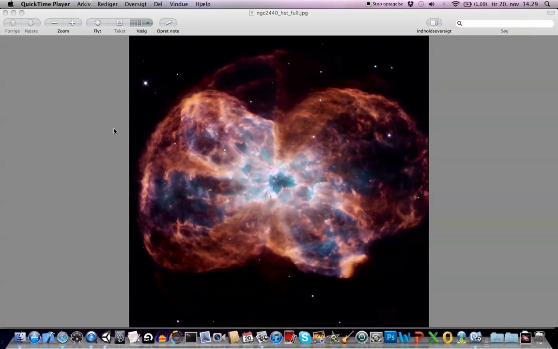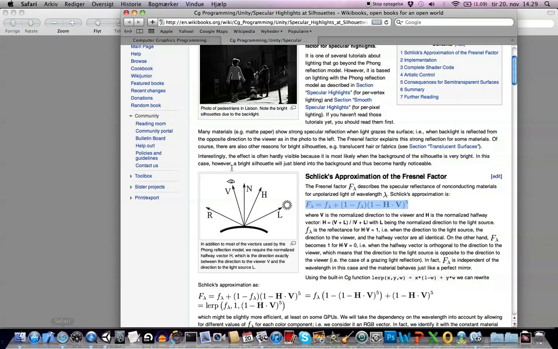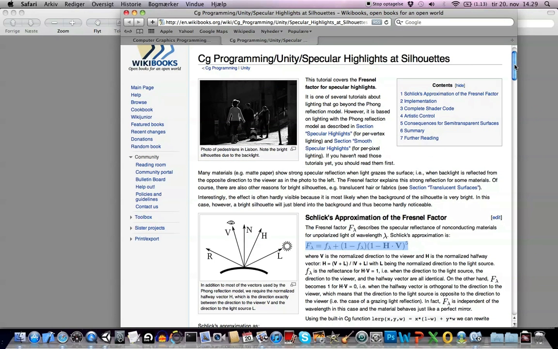It does the effects in Unity, and then I'll try to come with some examples on how to use it and why it's good to use and things like this. So let's begin the video. I'll explain to you what task I've chosen. I want to go through the Fresnel factor for specular highlights, and this